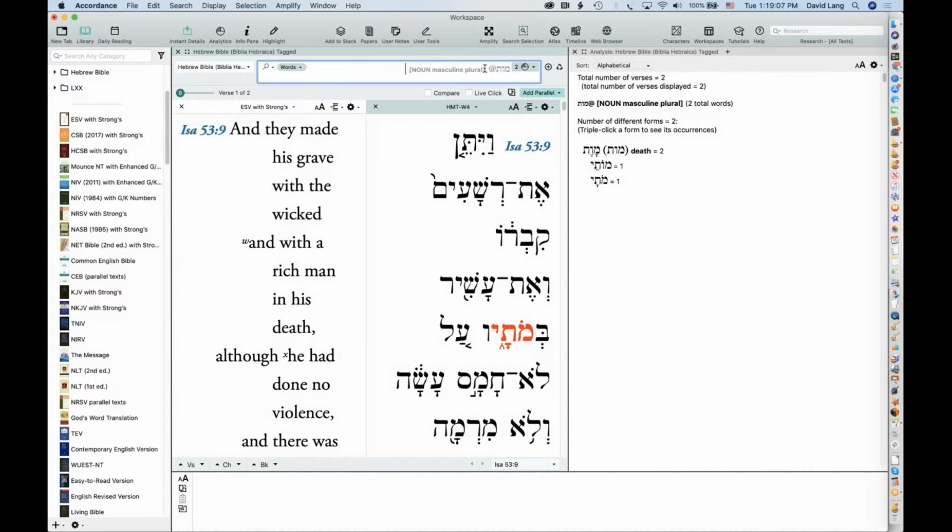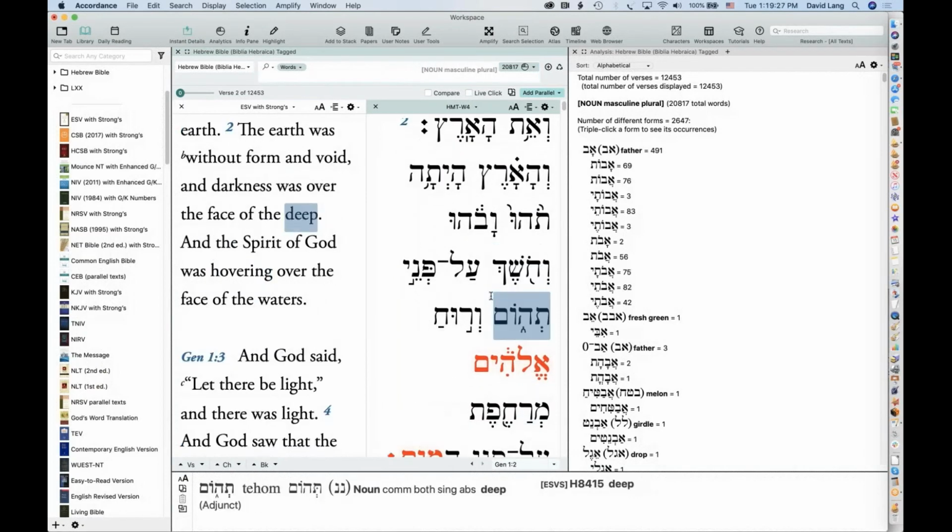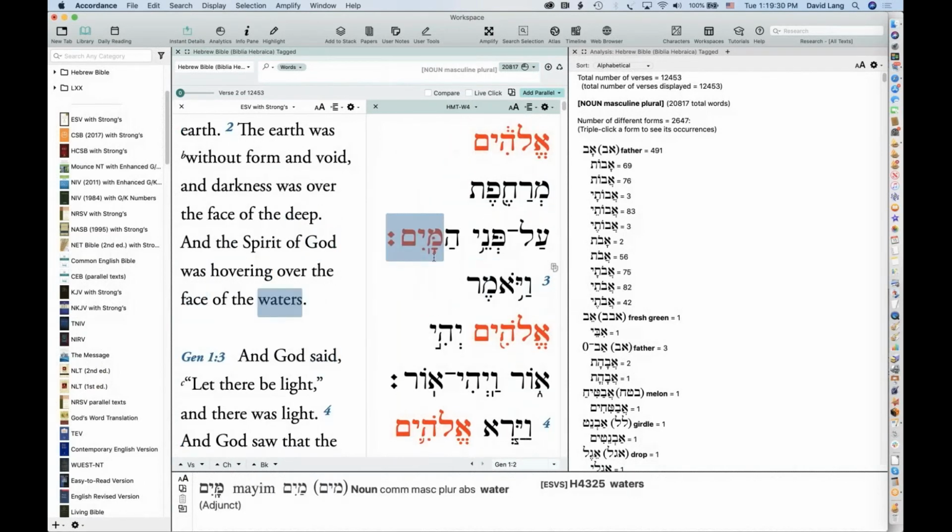Now, notice also, I don't have to actually constrain this with a particular Hebrew word. If I do noun, masculine, plural, this may take a while, it's going to find me every masculine plural noun. So it found me Elohim, Shemayim, Mayim for waters, and so on.